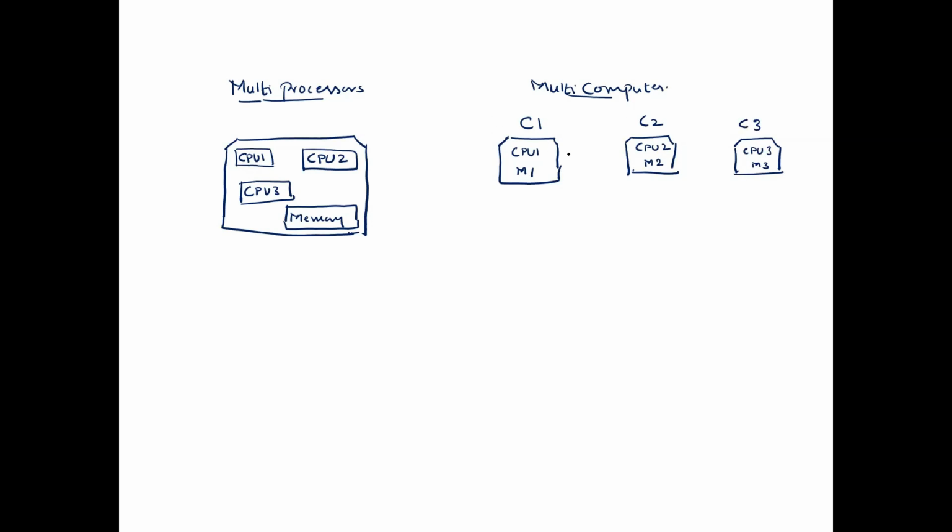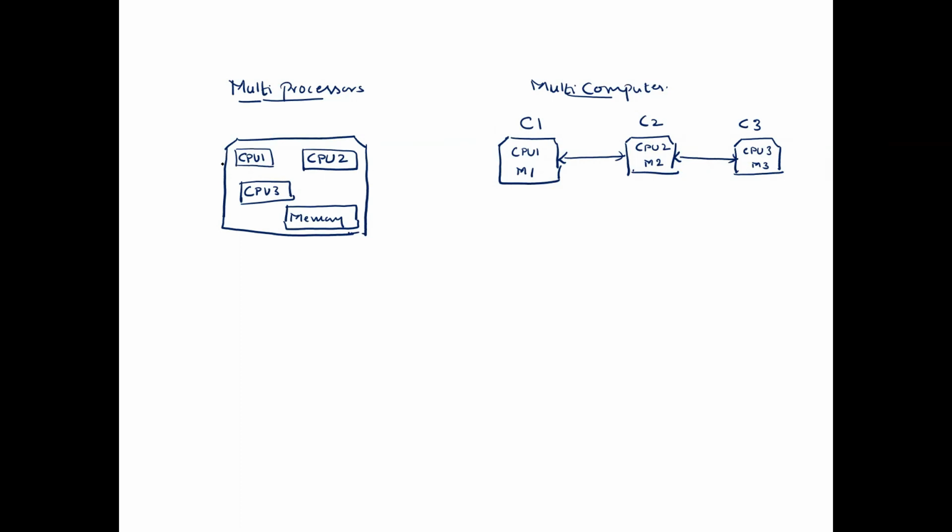Now, all these 3 computers are connected to each other. That will constitute a system, right? These are not individual systems. All together are considered as one single system. But the system contains many computers, right? So, multi-computer system. Now, what are the advantages, merits, and demerits in this?